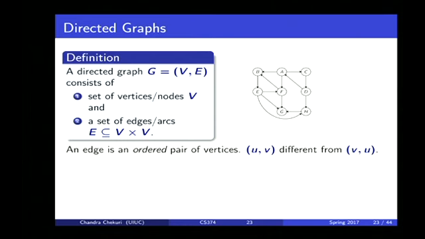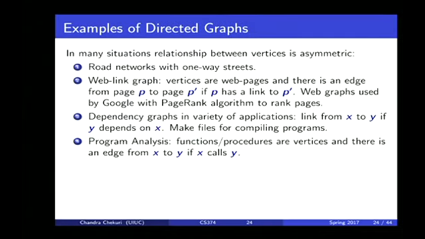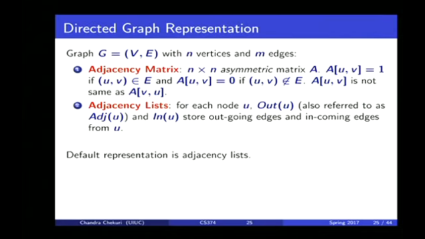That's the difference. So don't assume that U to V means that V to U is there, or that both can't be there. Both can be there. U to V and V to U are separate edges in a directed graph. Obviously you can. So again,